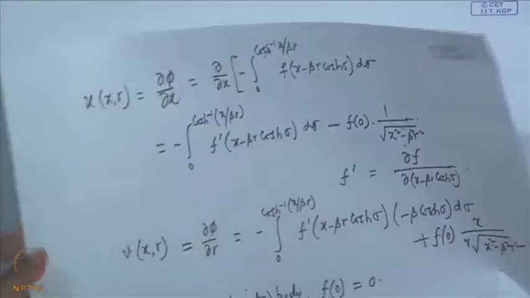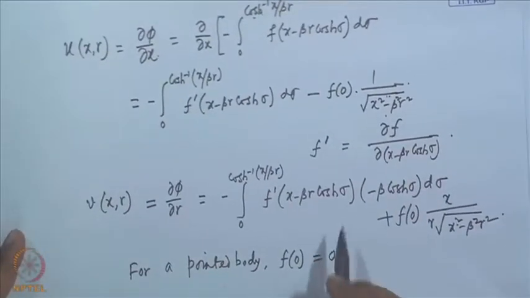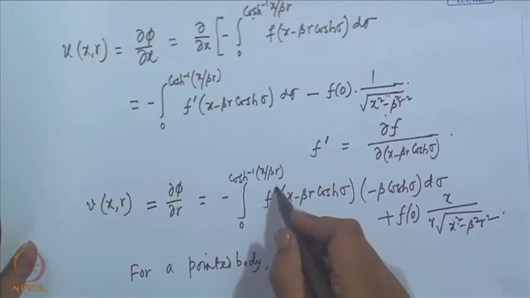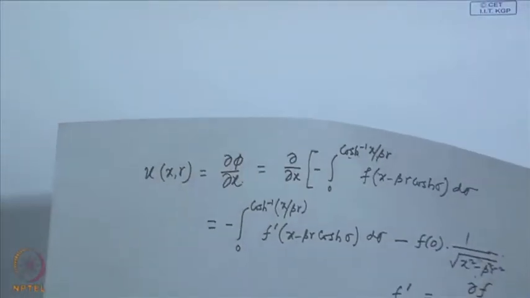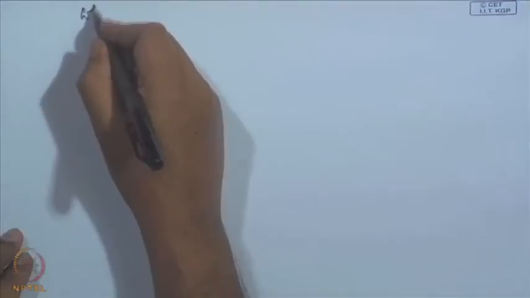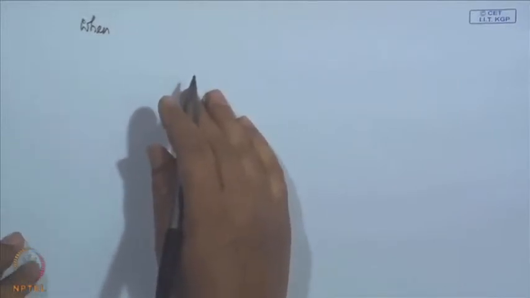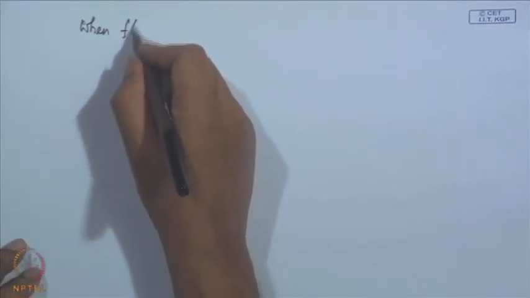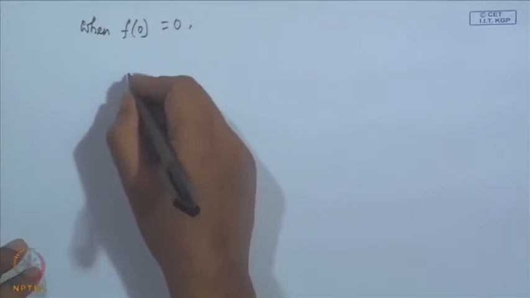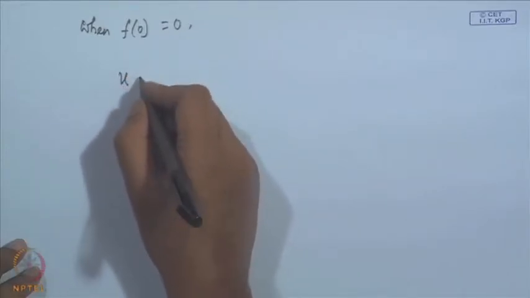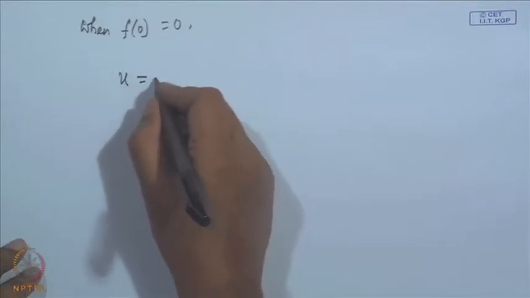And once again, substituting back, when f 0 equal to 0, we have, if we substitute xi again, u will become